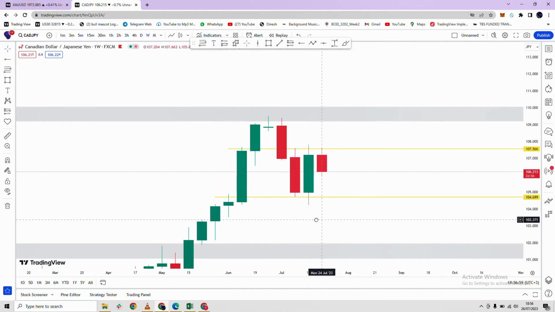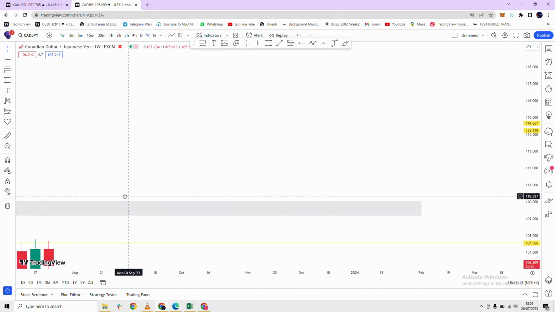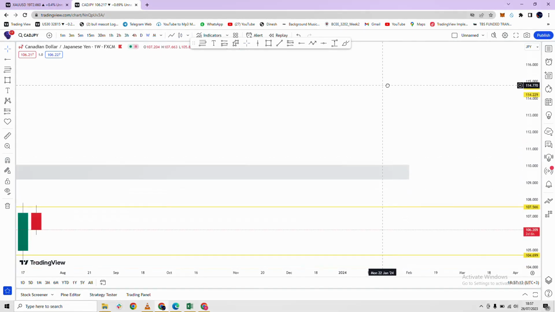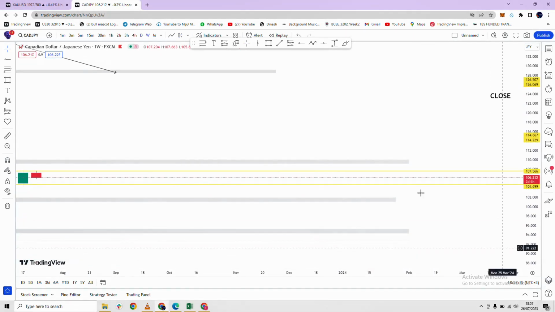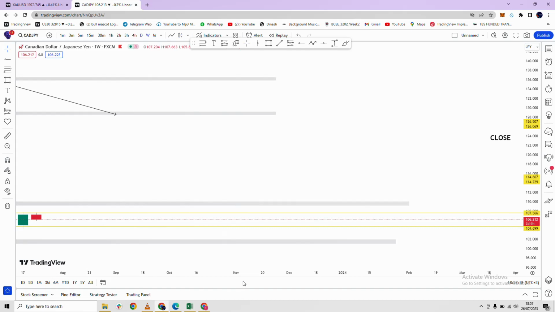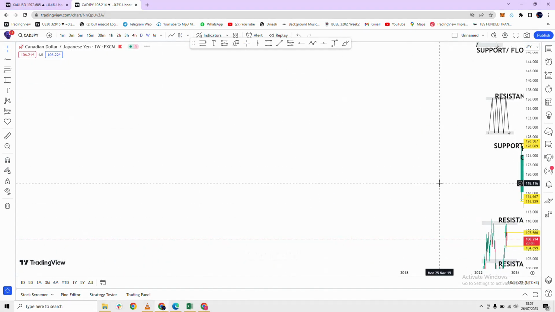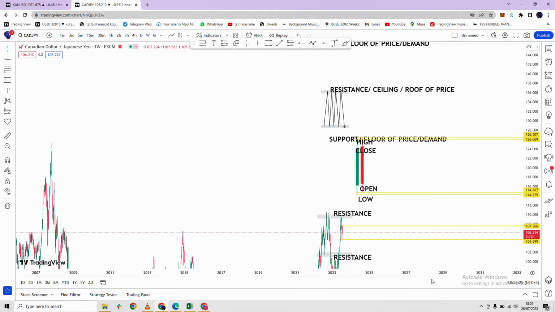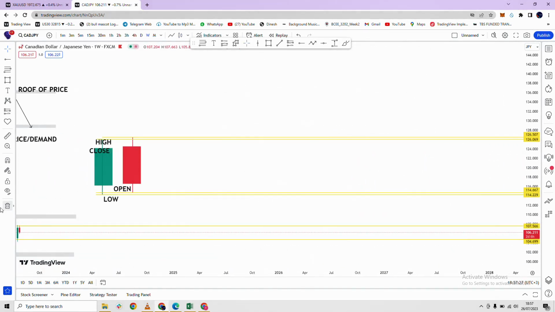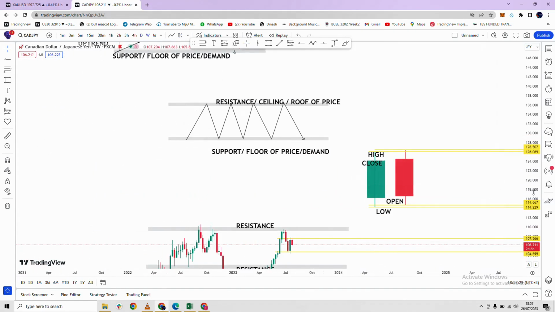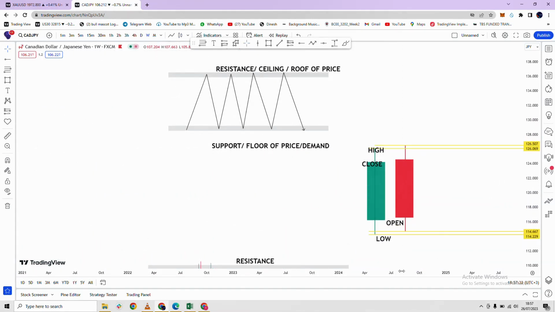Sorry about that. So you have this low for the red candlestick or the bearish candlestick. The opens are different and the closes are different. The highs and the lows may not necessarily be the same, but if you try to look at both of these, they have a different high and a different low point, and a different close and a different open point. So if I try to expand,